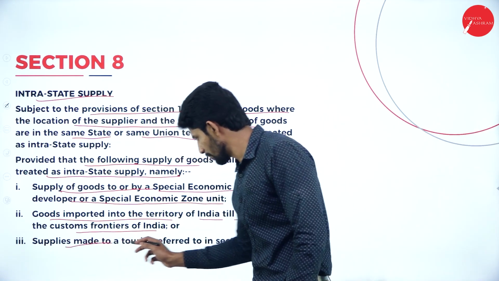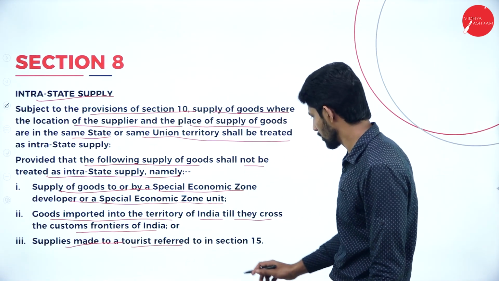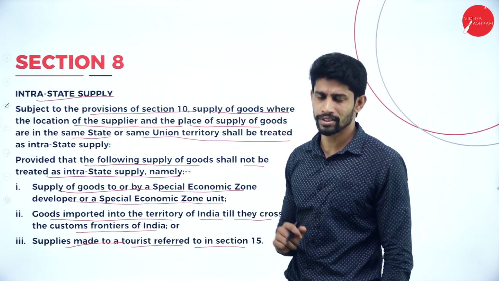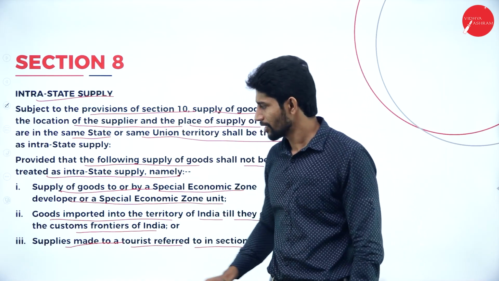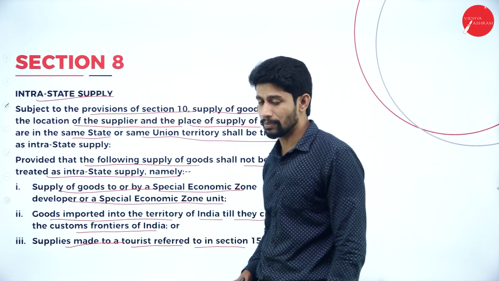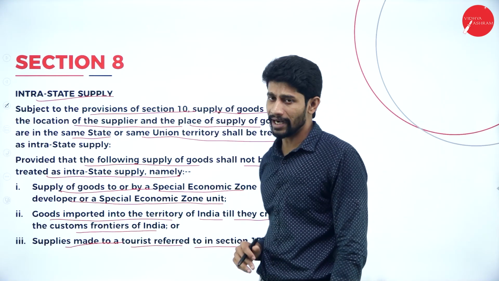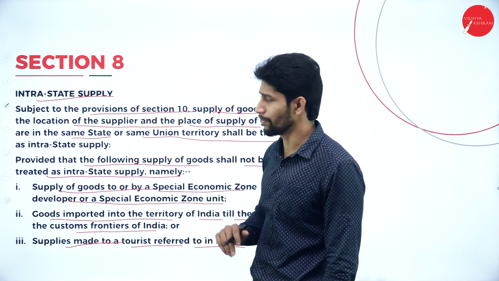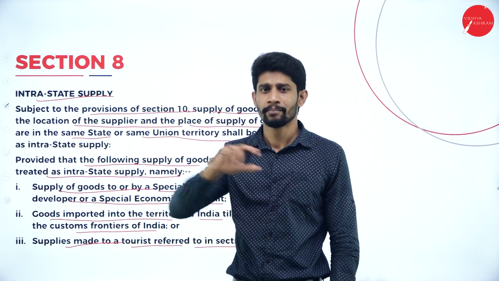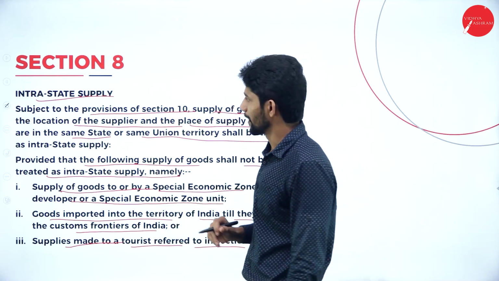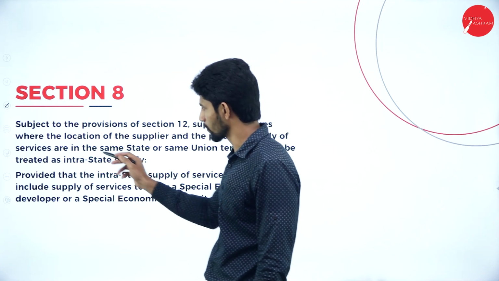Next, supplies made to tourist referred to in section 15. Yes, any supply made to the tourist which is referred to in section 15, it will also not be possible to determine whether it's intra or interstate supply. So section 8 talks about intrastate supply where the transaction is happening between districts, that means within the state. Next, section 8, it also again talks about